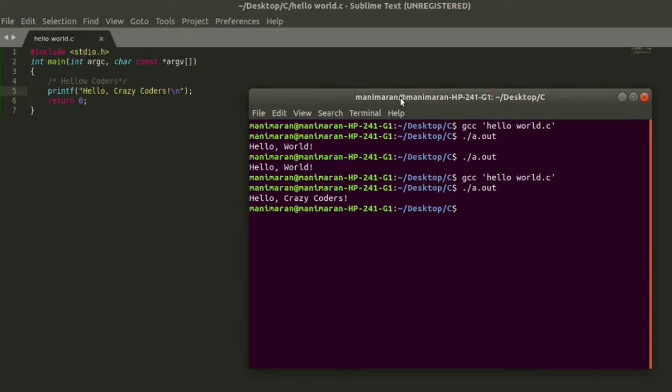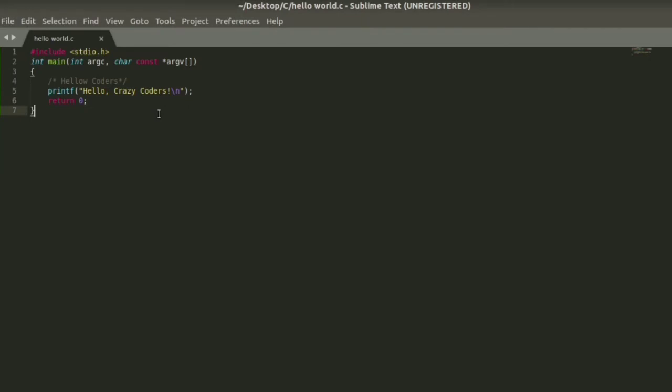Let us look at the various parts of the hello world program. The first line, #include <stdio.h>, is the preprocessor command which tells the C compiler to include the stdio.h file before actual compilation. The next line, int main, is the main function where program execution begins. The next line will be ignored by the compiler and is put in as an additional comment in the program.